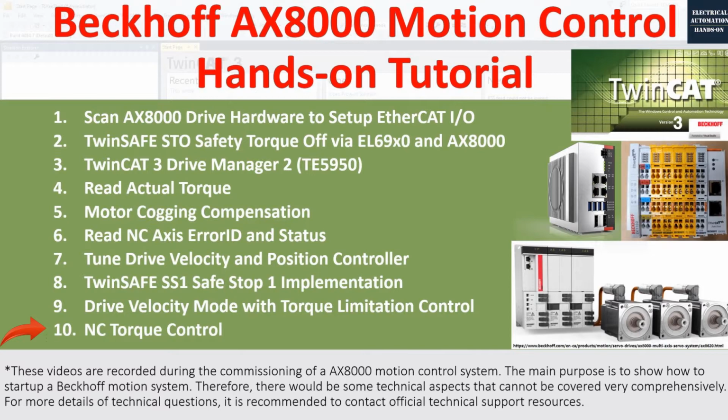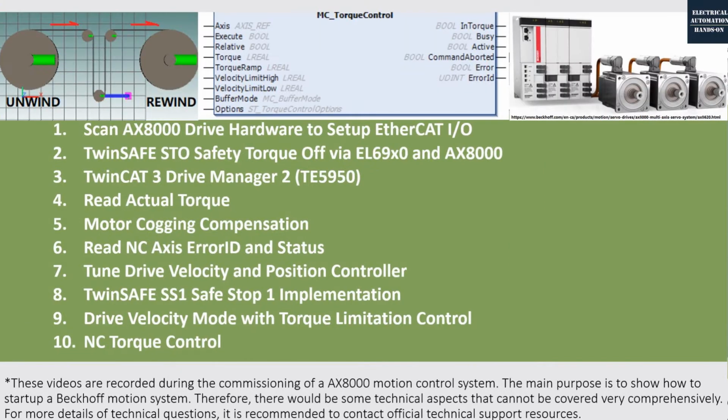In this video, we will discuss topic number 10: how can we implement the NC torque control using TwinCAT 3 and the AX8000 motion control system. The Beckhoff NC torque control was just released this year, 2021. Torque control is a function block that can switch your axis and motion control mode into the torque control mode. If you are using this function block, you can set the torque and also set the velocity